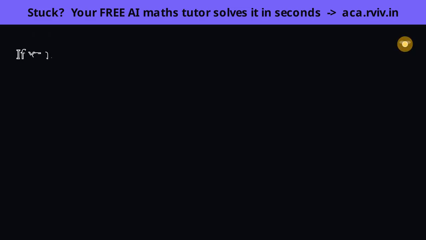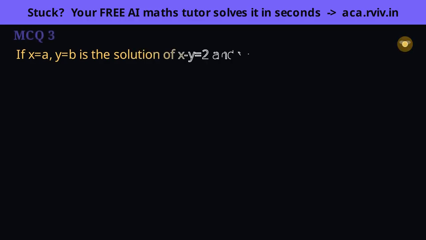Here's a nice shortcut. The y terms are minus y and plus y, opposite signs, so if we add the 2 equations, y cancels straight away and we get x in one step. That's faster than substitution for a quick exam mark.